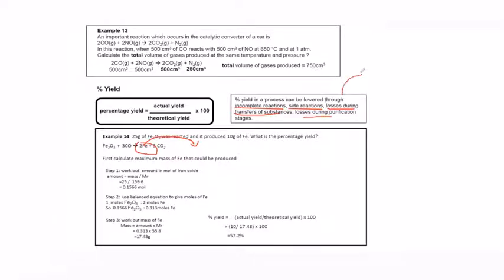So if the question is why the percentage yield is lower, these are the few reasons why the percentage yield for any reaction is lower. So practically, you will always get a small amount of product as compared to what the theory suggests. Is it clear?